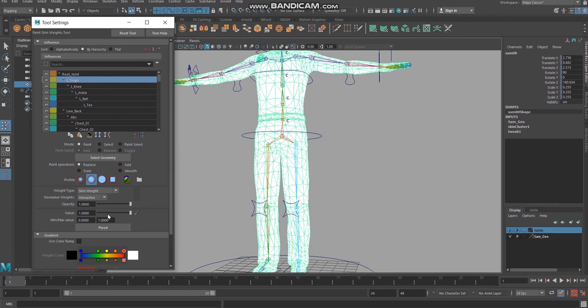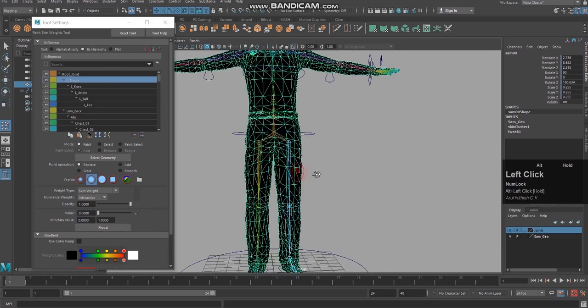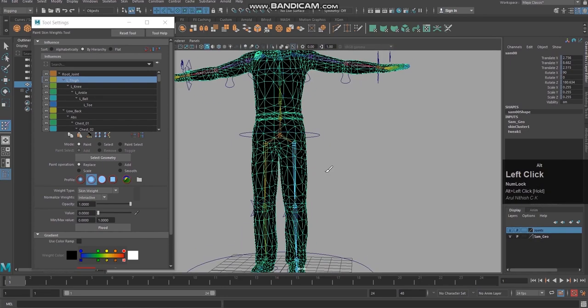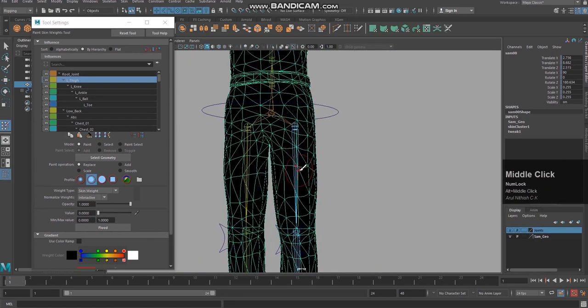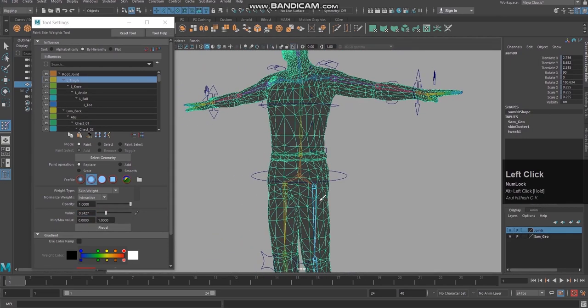So I'm going to change this value to 0. Select the left thigh, make the value 0 and give flood. Yes, now this left thigh has no influence. This bone has no influence. It has flooded with 0. The value has become 0. See, if I increase it a little bit and give flood again, it floods the influence all over the body again.